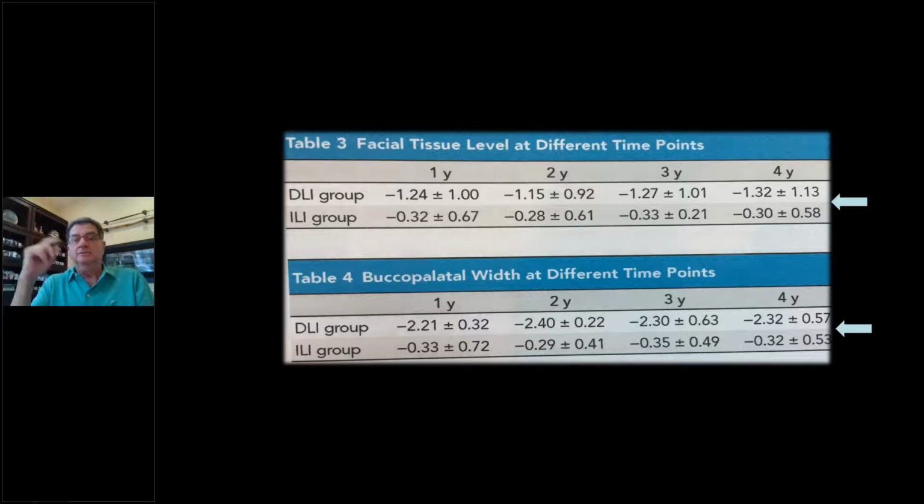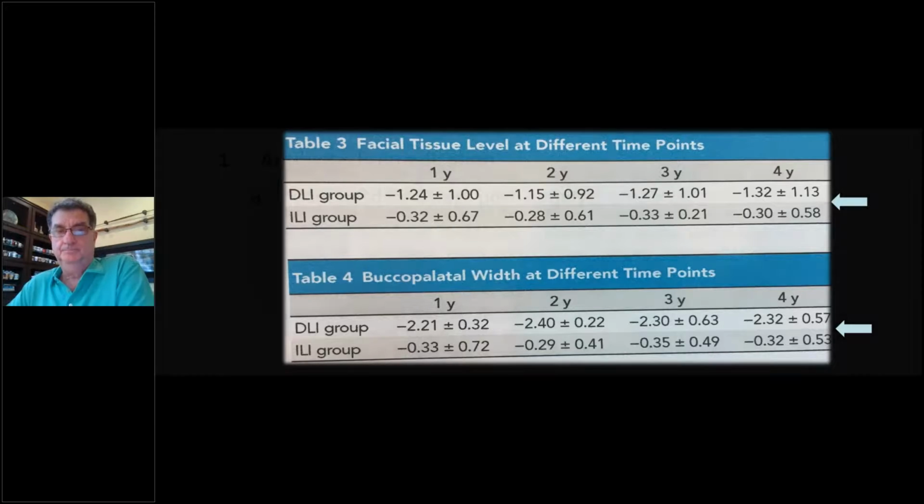So this is why an investment of a few extra minutes, 10 extra minutes, you put some flowable composite in around the eye shell, round off the bottom, and then screw it in. It keeps the tissue open for you to let it heal around it. Makes a big difference, even if you're not going to put a full temporary on.